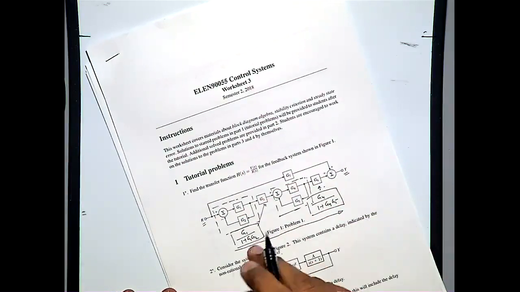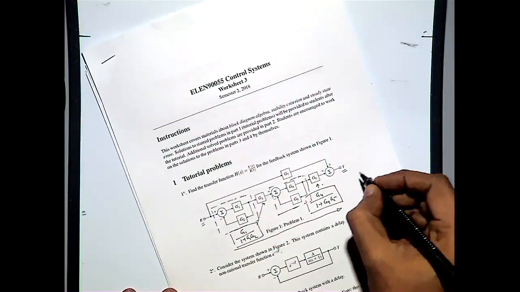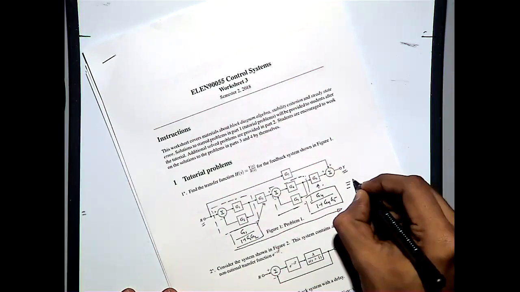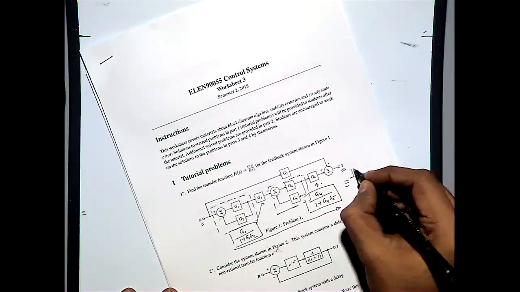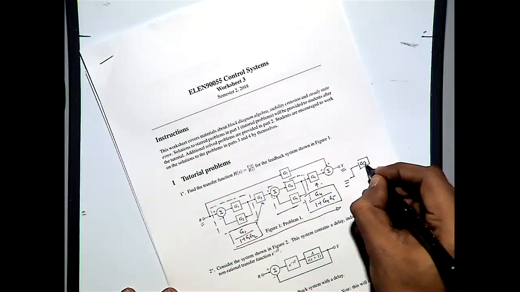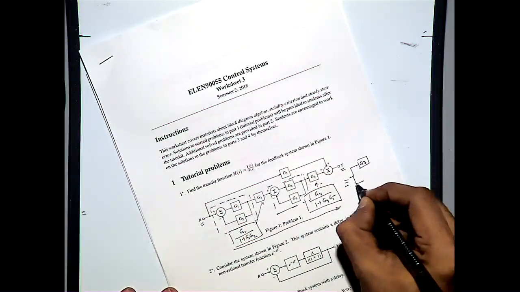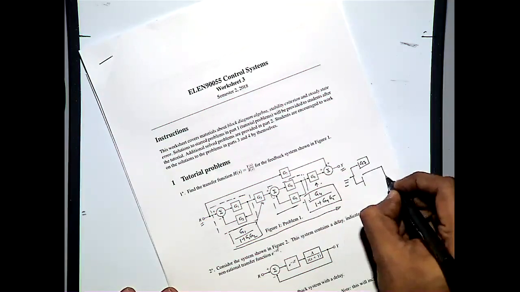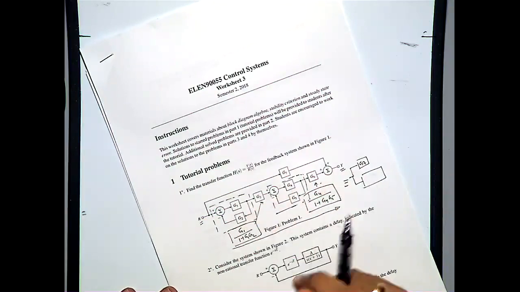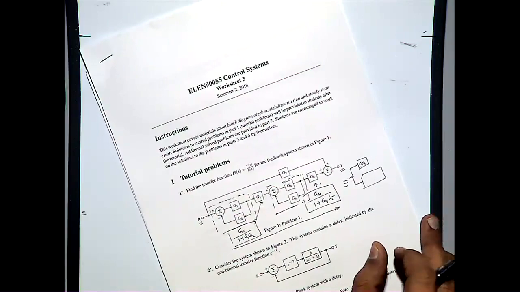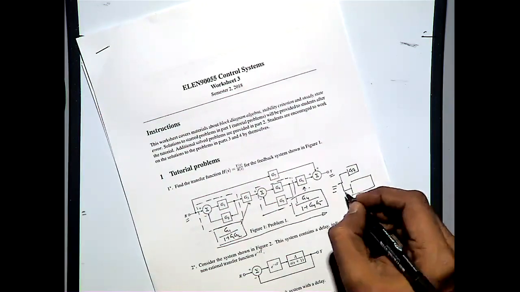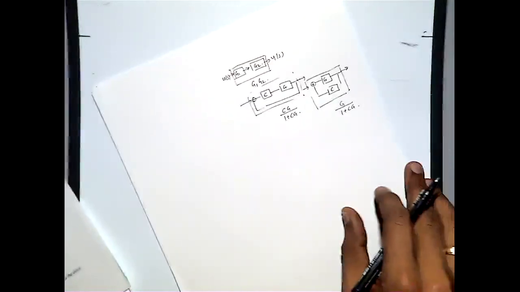So in this loop, it is equivalent to G7 in the top, and in the bottom it is the multiplication of all these 4 sets of transfer functions, which, let me write it here, which you will get